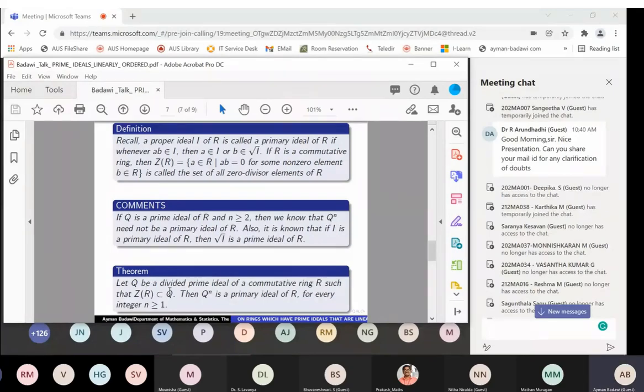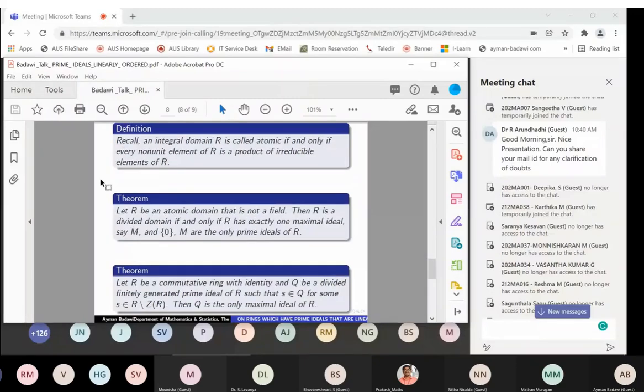What is the definition of atomic domain? Atomic domain means every non-unit element is a product of irreducible elements. And here we have to be careful. I'm not saying it has to be a unique factorization domain, because we know in a unique factorization domain, every element is a product of